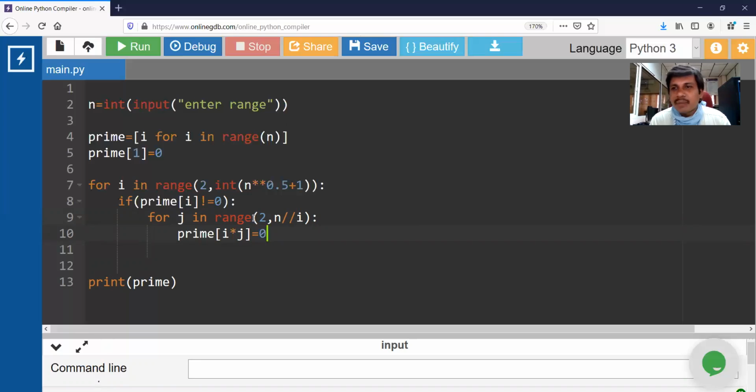If the i value is 2, it is n by 2 times. If i is 3, it is n by 3 times. If i is 4, n by 4 times. If i is 5, n by 5 times. So the outer loop executes for square root of n times, and the inner loop executes for n by i times. Very, very less time complexity. Optimal.